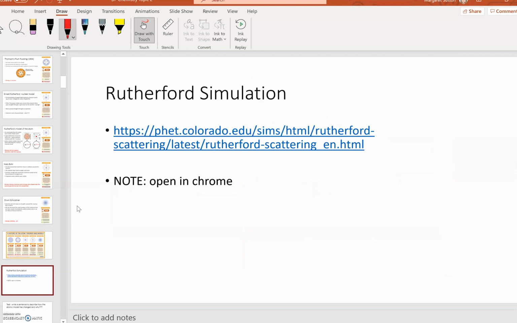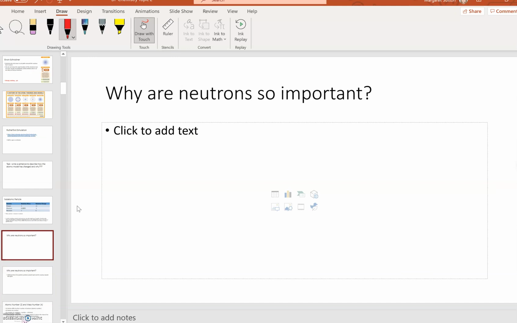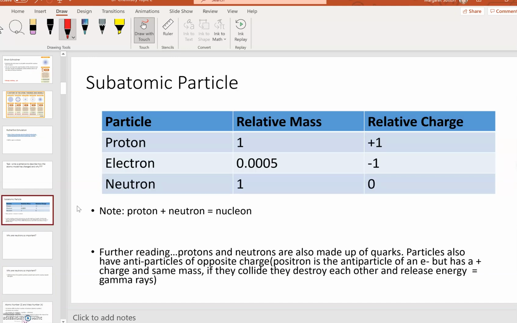Here's a great simulation on PhET. You have to use Chrome if you want to do this. If you just go onto Google Chrome and put Rutherford simulation, you can have a go at that. Okay, so we're going to quickly go past this stuff because I think you guys will be fine,